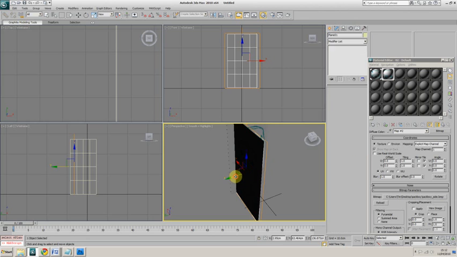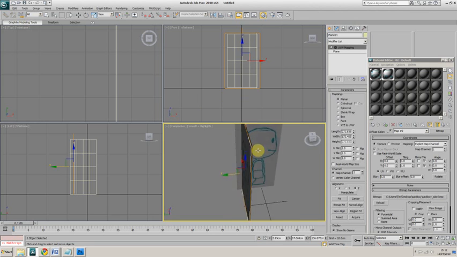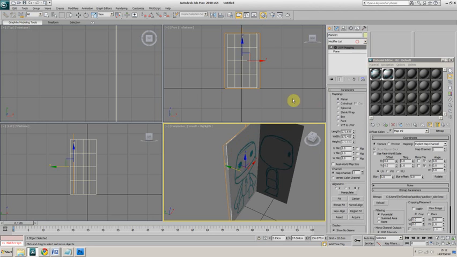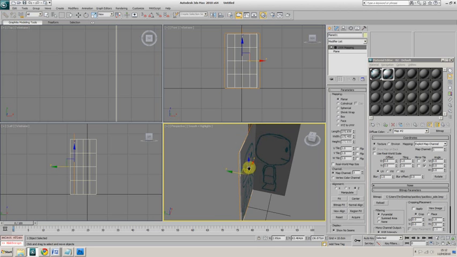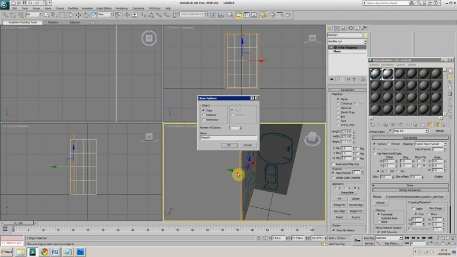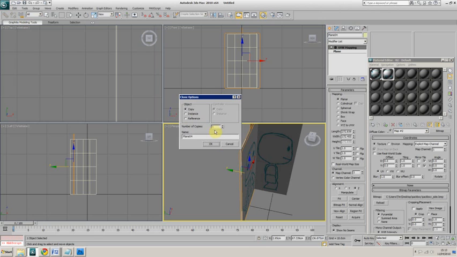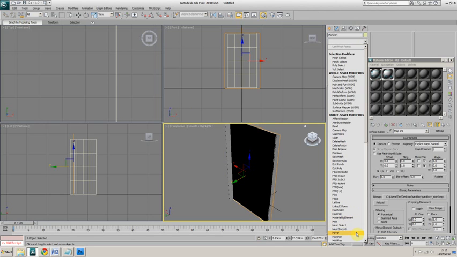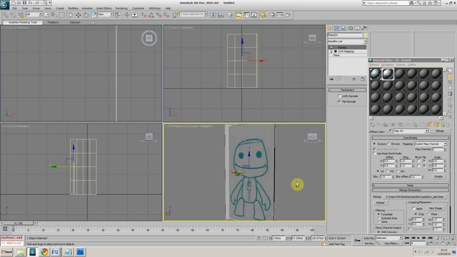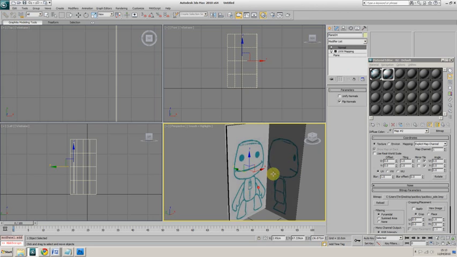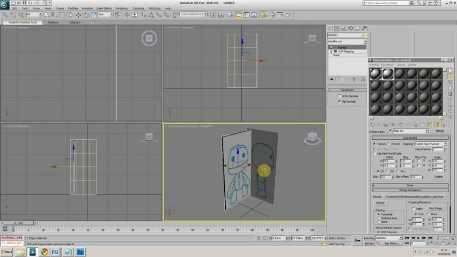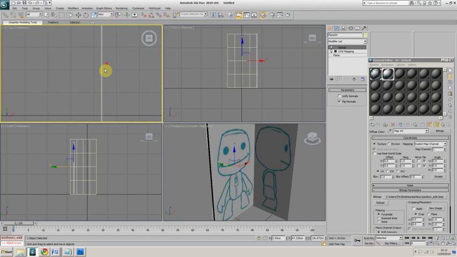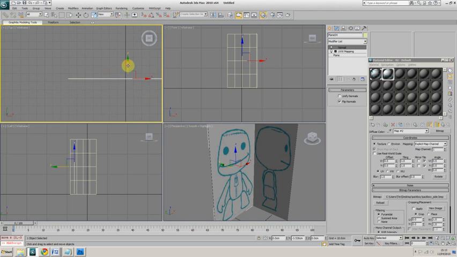We'll do the same with this one. To copy like I did then, just delete that. If you hold shift, you can just drag and copy. Gives you your options here. Again, select copy instead of instance, and apply a normal modifier to that. I just find it a bit easier to work like that. Let's move that back to there,